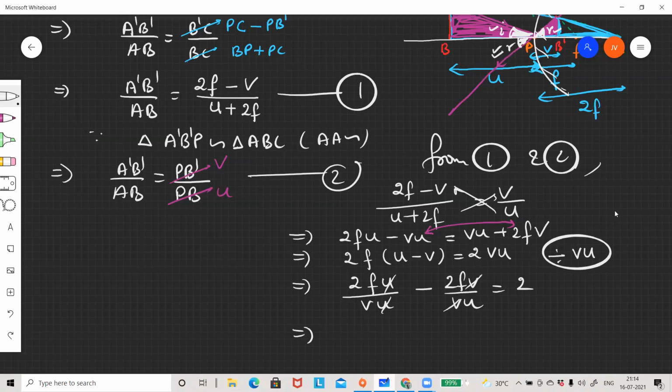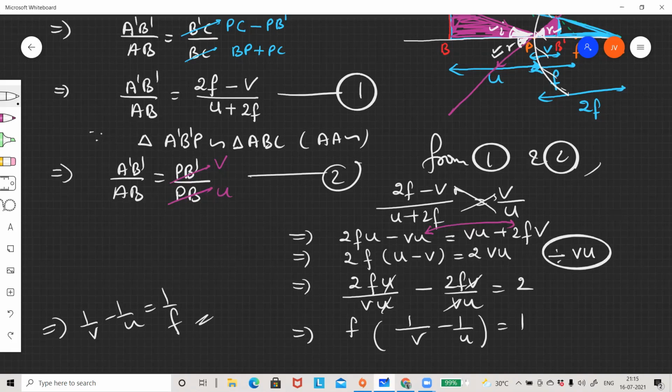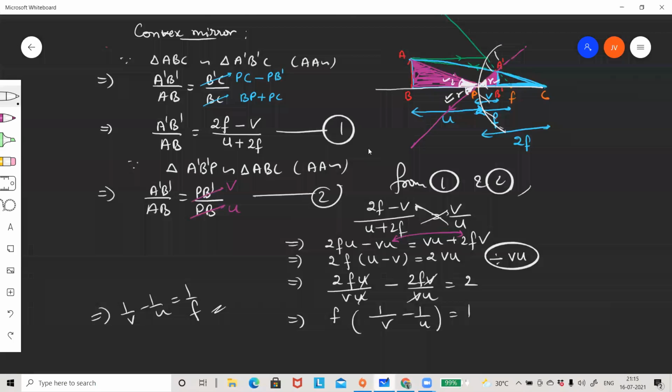Okay, and we are left with 2 on either side: the highest common factor 2 on the left side cancels with the 2 on the right side. So F is the highest common factor, and the balance is 1 by V minus 1 by U. On the other side, you have 1. And you must have understood by this time, this implies 1 by V minus 1 by U is 1 by F. So this is how we derive the mirror formula. And mirror magnification is also like that. Mirror magnification is image information to object information. So from the second equation itself, we'll get mirror magnification, which